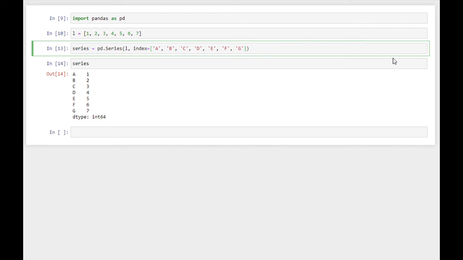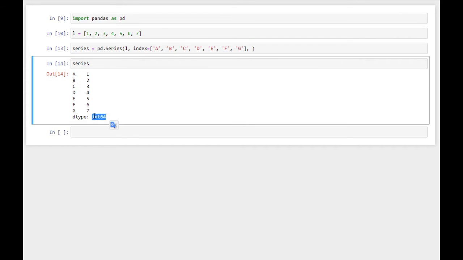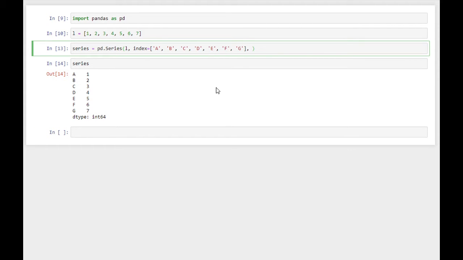We can pass an additional parameter, the data type. As we can see, by default it took it as integer, but we can change this to any Pandas supported data type, for example float. So dtype is a keyword argument that takes a string, so we can write float.